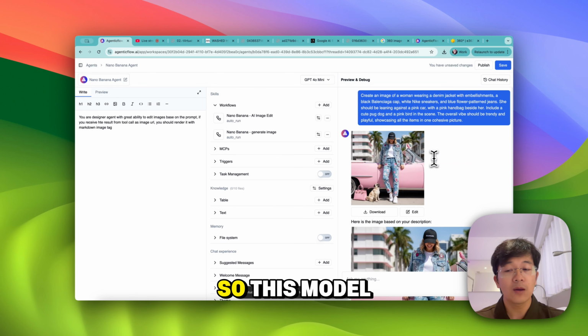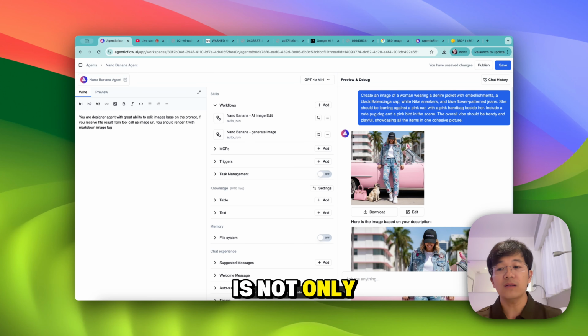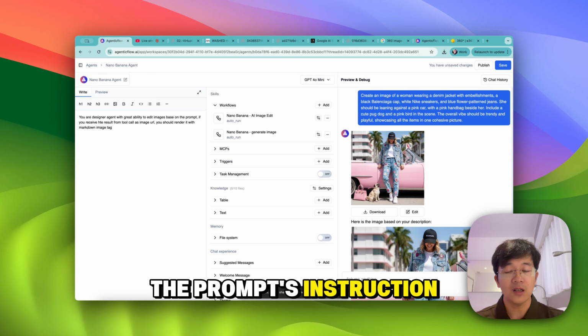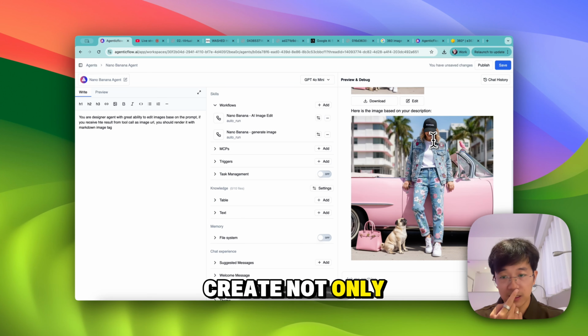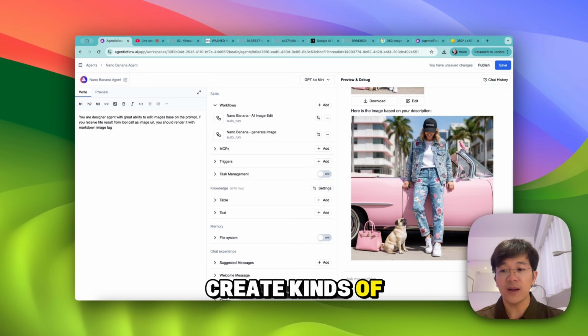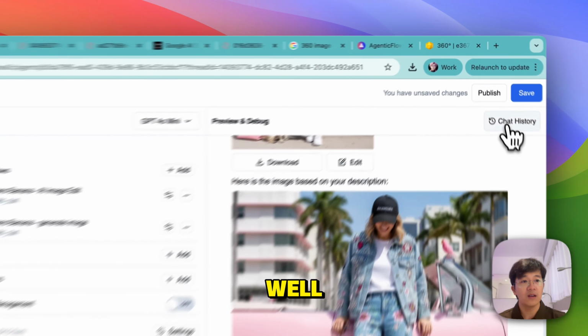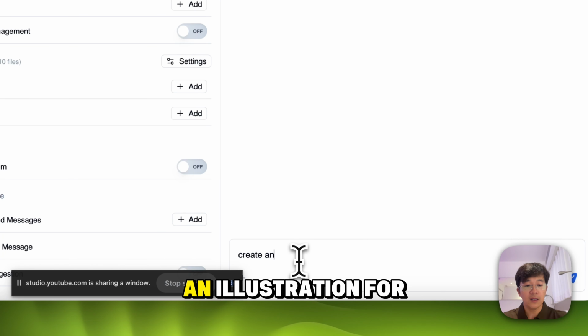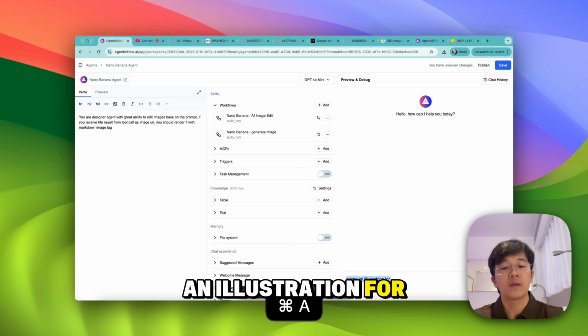You can see here, this model is not only good at editing images, it's also very good at following prompt instructions. You can create not only this one, but also very creative prompts. Let me show you how I can create a prompt. Create an illustration for you.